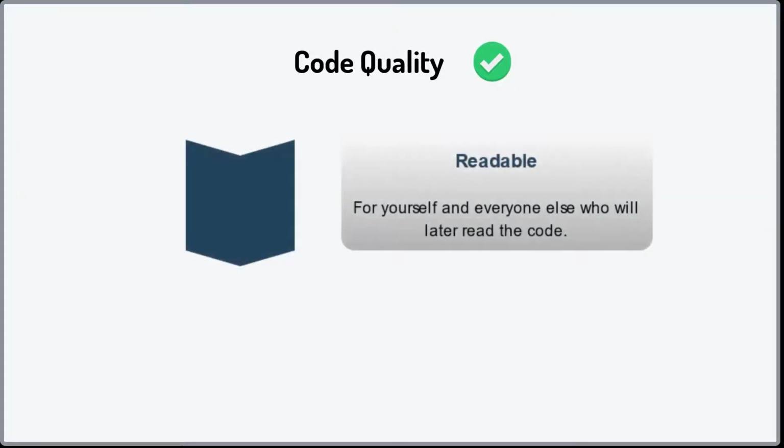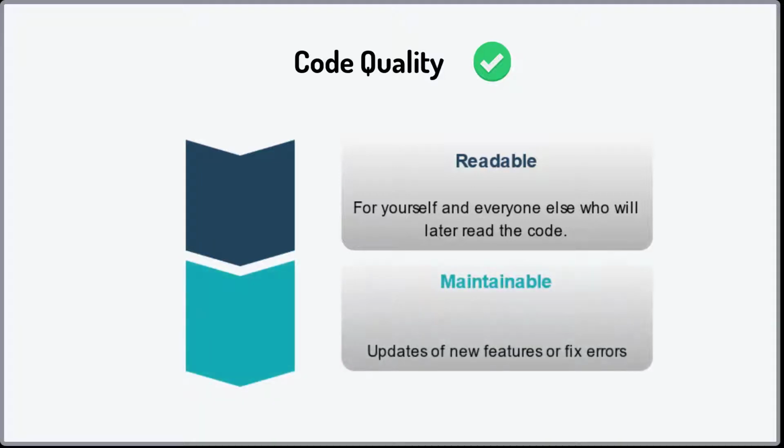When we're designing programs, we want our programs to be readable so that others can read and understand them, and so that we can read and understand them when we come back to work on them in the future. We want them to be maintainable. Programs need to be updated over time to add new features or to fix errors. And readable code is much easier to maintain. And if the code is easy to read and update, it's less likely that programmers will introduce bugs when they change the program.